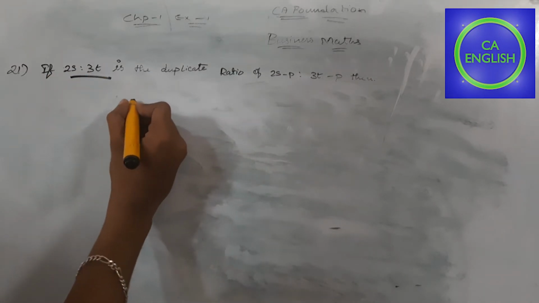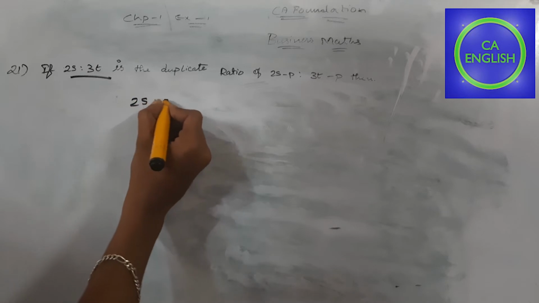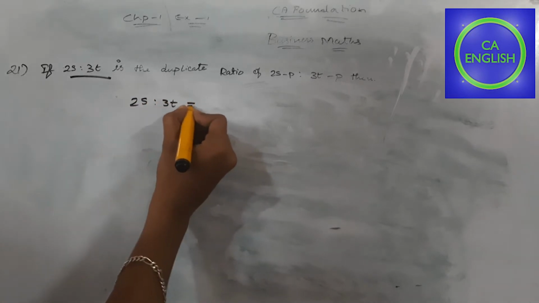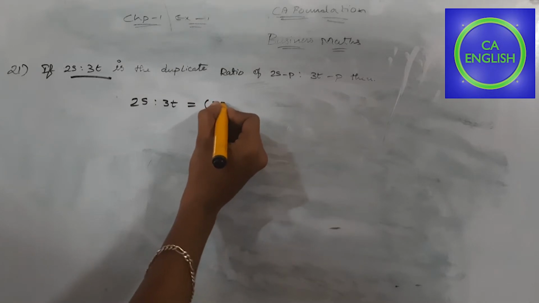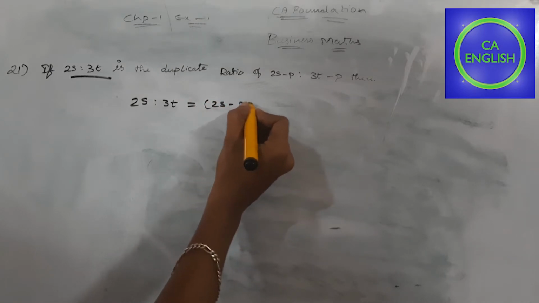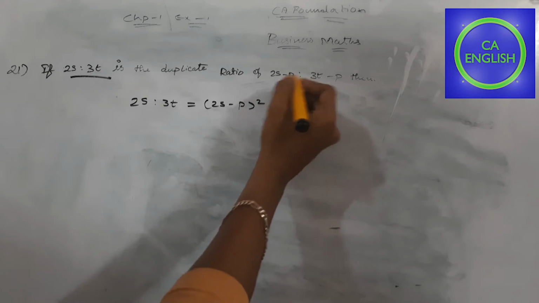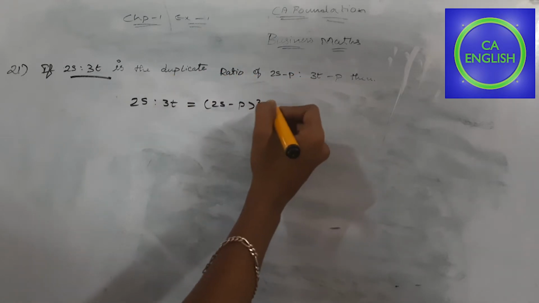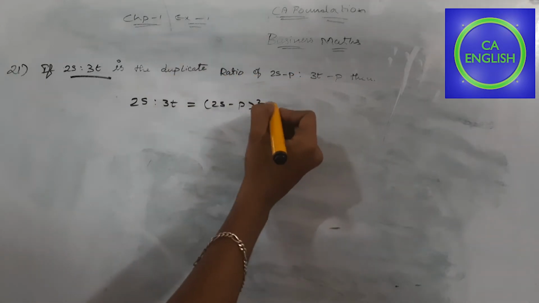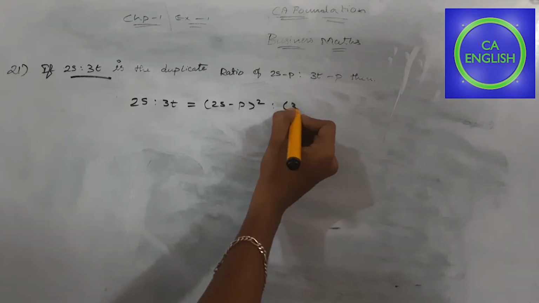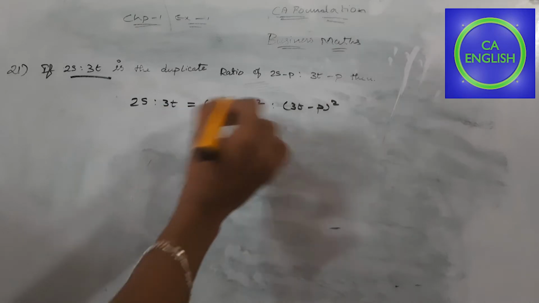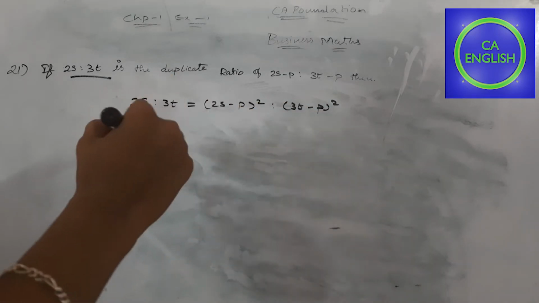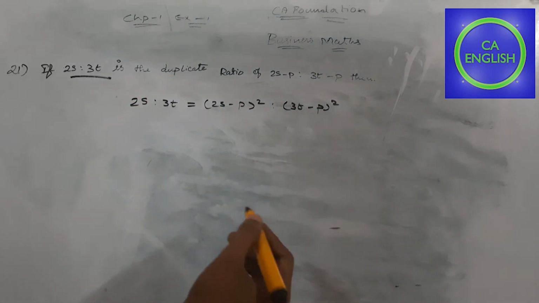Okay, 2s is to 3t is equal to 2s minus p the whole square, that has been given as the duplicate ratio. Just we want to add the square is to 3t minus p the whole square. Okay, just add the square, it will be converted into duplicate ratio. Okay, then